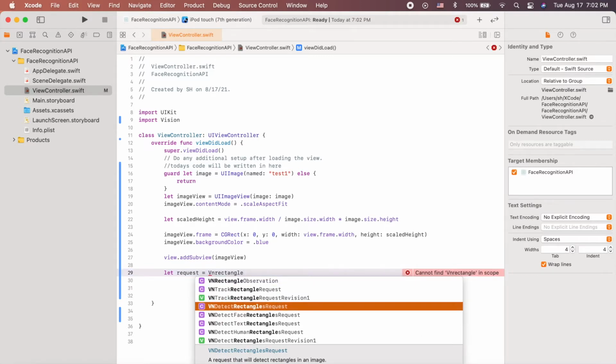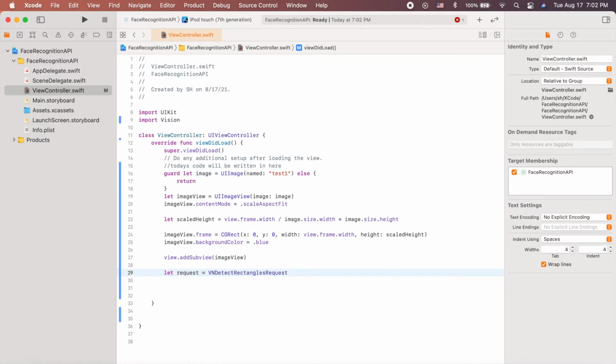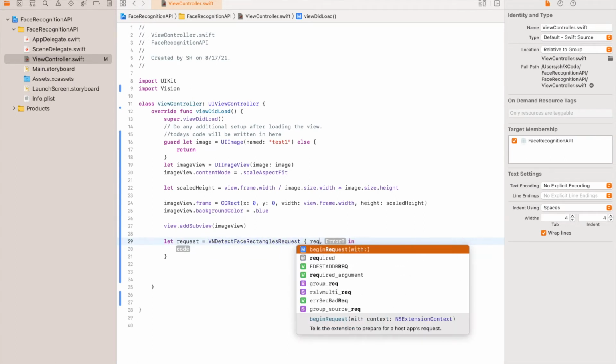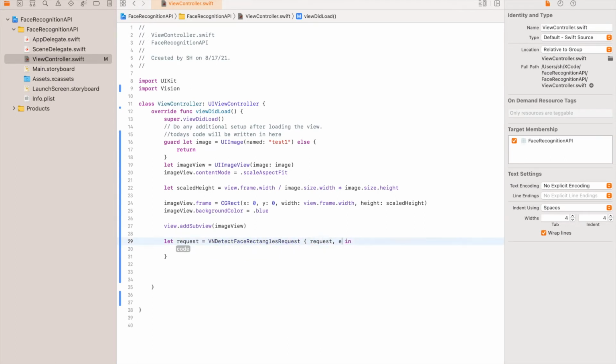No, detect rectangle. So guys, it's actually VNDetectFaceRectanglesRequest. And for the completion handler here, we're going to put request and then error in,